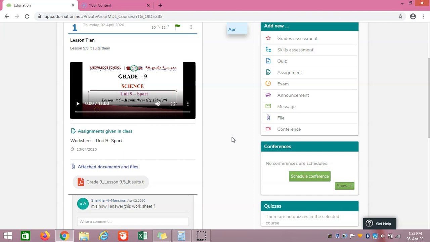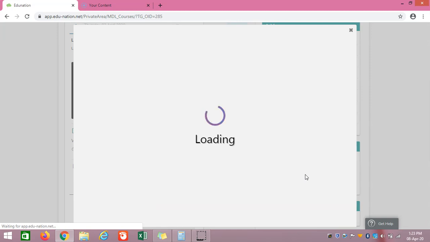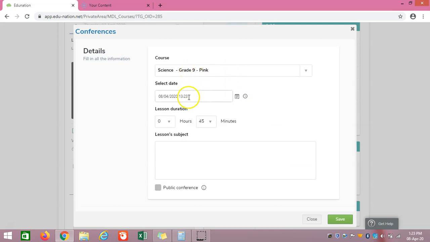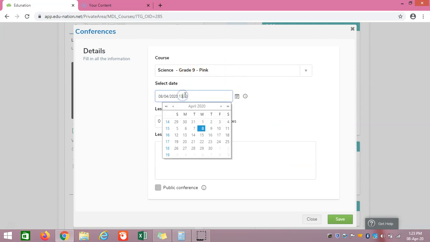Make sure that after this time you cannot delete the conference. Now I will show you again before I use this option. Now I'm using this option to schedule a conference. Same, grade 9. Time, I'm going to give it as 30. I want to show you now itself, so I'm going to choose it as 25.